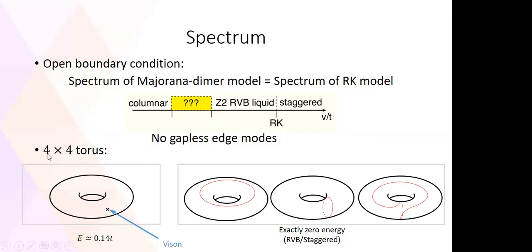What they do in the paper is look at the 4x4 torus and use exact diagonalization, an exact calculation, to